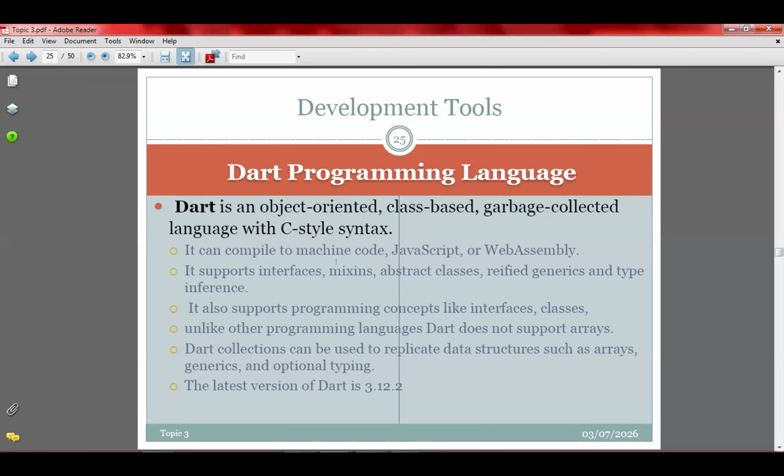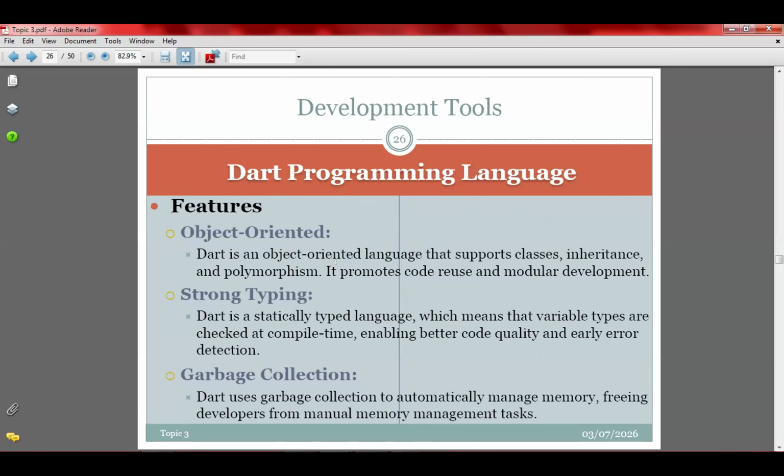It supports interfaces, mixins, abstract classes, reified generics, and then type inference. I will use some of them. Unlike other programming languages, Dart does not support arrays, but it can enable you to create collections that duplicate structures such as arrays. So we'll be using it as we go on.